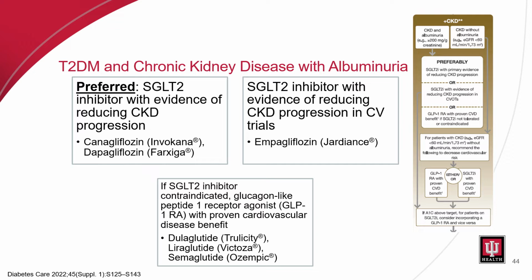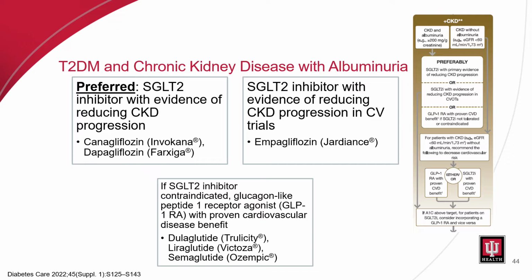And when we have two different medications listed here for patients, or like on the previous heart failure slide, we have four, again, I'm often allowing insurance to dictate exactly which agent, especially when we're comparing both positive agents for that patient. If for whatever reason we can't start canagliflozin or dapagliflozin, we would want to start an SGLT2 inhibitor that showed evidence of reducing chronic kidney disease progression in cardiovascular trials. So maybe they haven't tested it in CKD specifically yet, but it has shown some benefit, and that would be